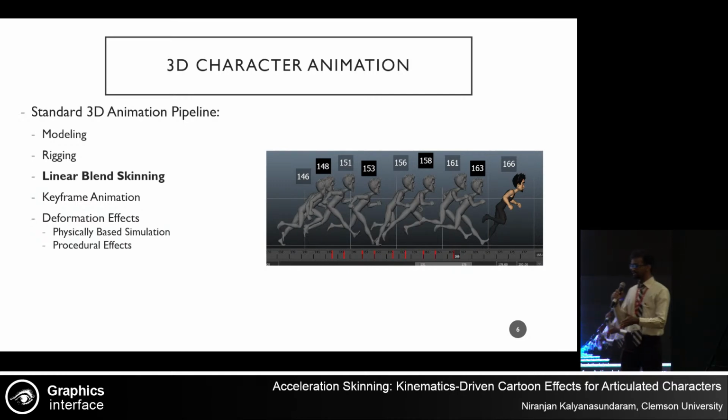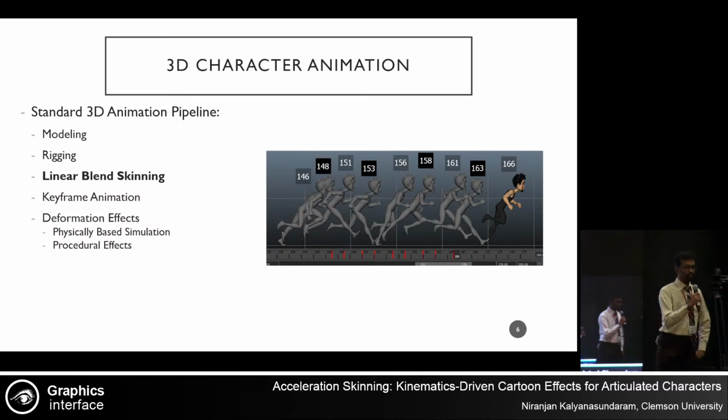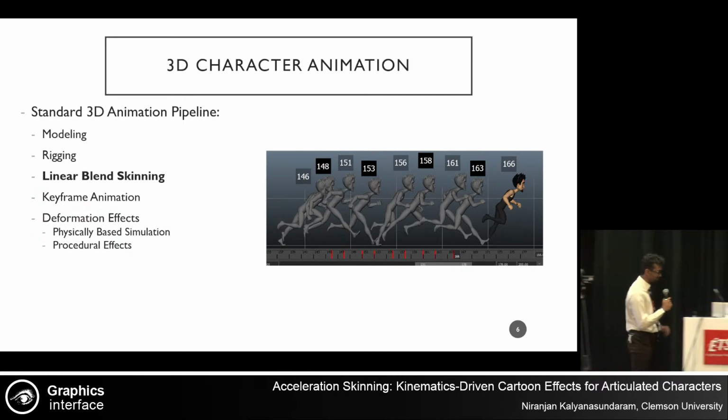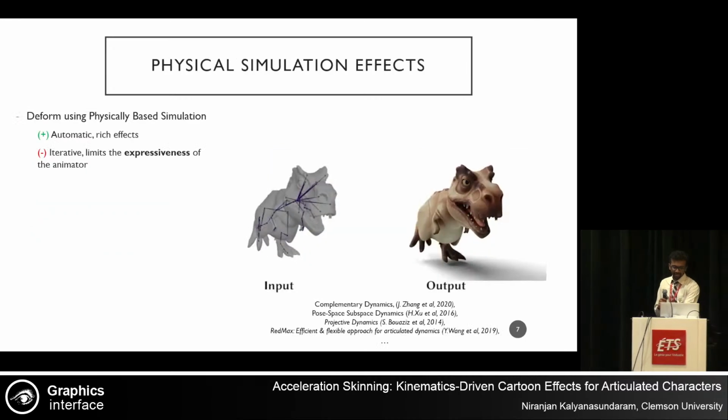And specifically, I want to focus a bit more on skinning, because that's what the paper's about. So in a standard pipeline, we typically use what's called linear blend skinning, which is where when a joint moves, the vertices associated with it deform and move along with it. I'll touch on this a bit more as we go on.